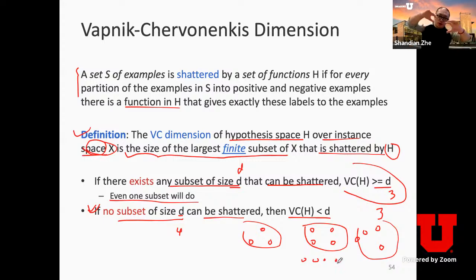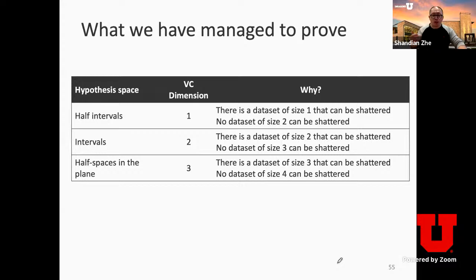So we just consider those groups of 4 points, what particular properties their locations share, and deal with it case by case. Or within that, more complex proof techniques might be involved, like induction and other things. But here, we're not interested in proving or calculating the VC dimension for a variety of different classifiers, because they have already been calculated and proved.